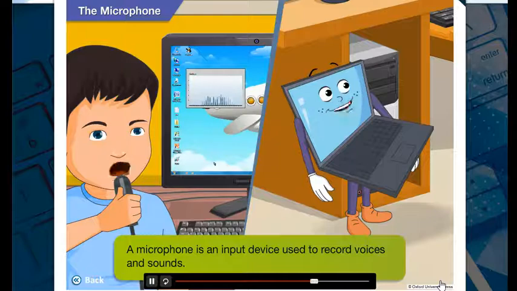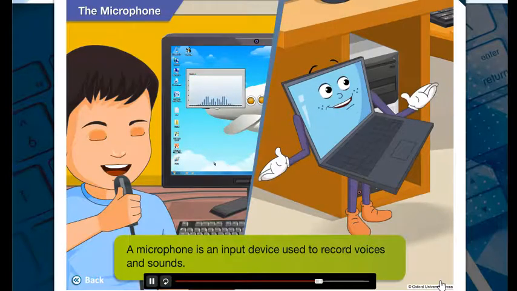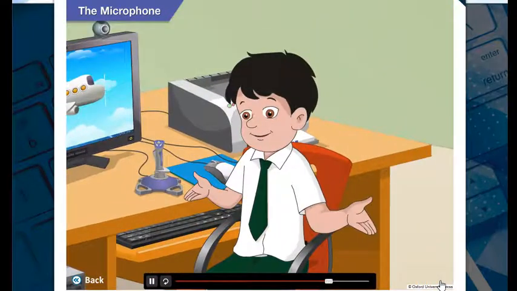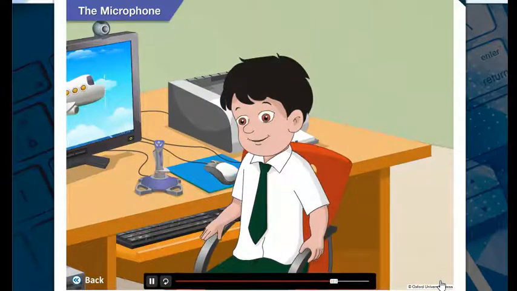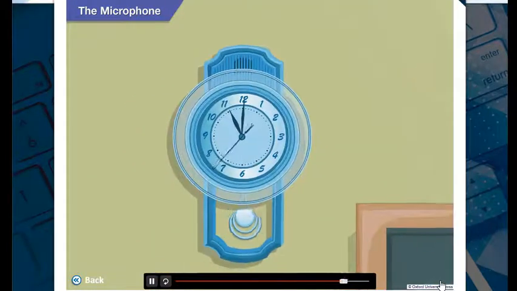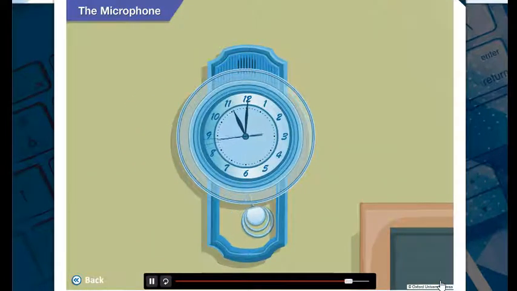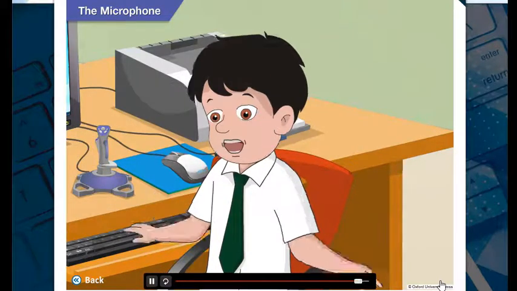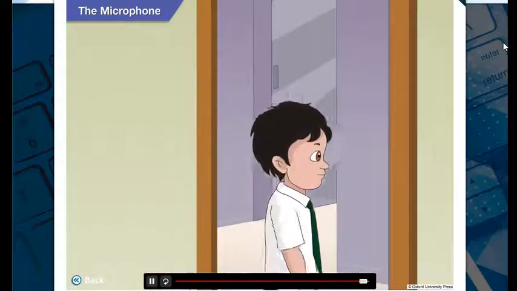It is also an input device and can be used to record your own voice. Oh, really? Can I use it to record my voice? Sure you can, Goggle. Wow! Oh, it's 11 o'clock already. Time for my maths class. Gotta go. Bye, Toggle, and thanks. Bye, Goggle.